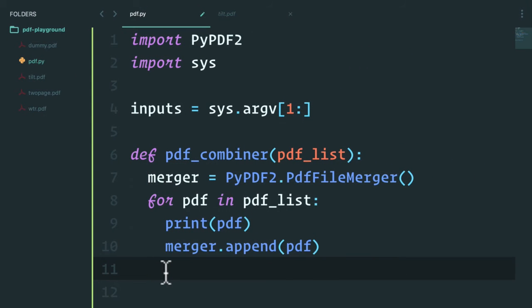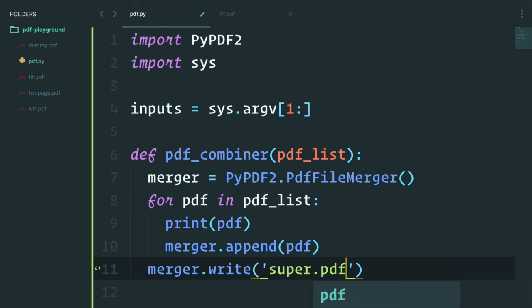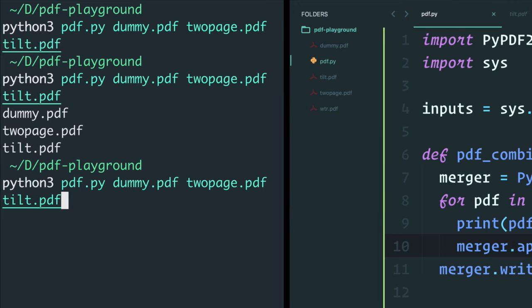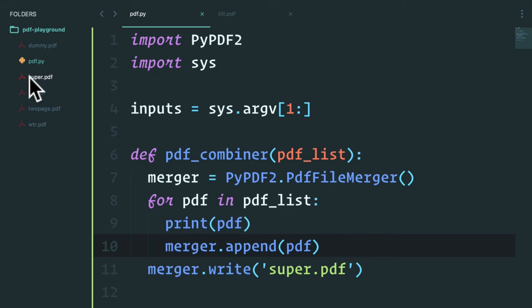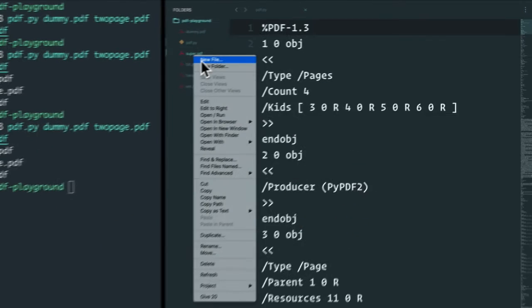And all we need to do is say merger.write and just write the new PDF as, well, let's call it super.pdf. So let's see if this works. I'm going to run. And did you see that? We now have a super PDF. If I open this,